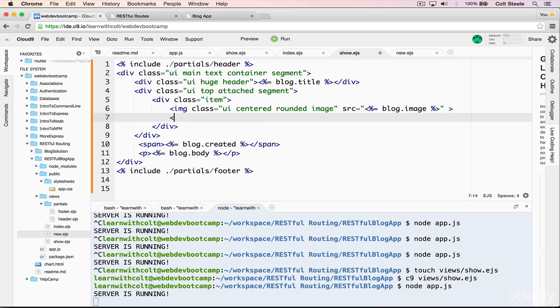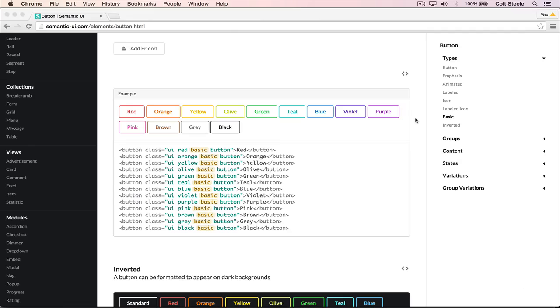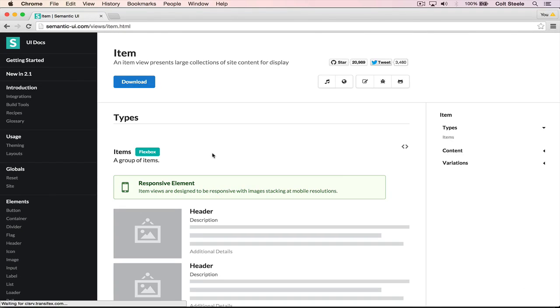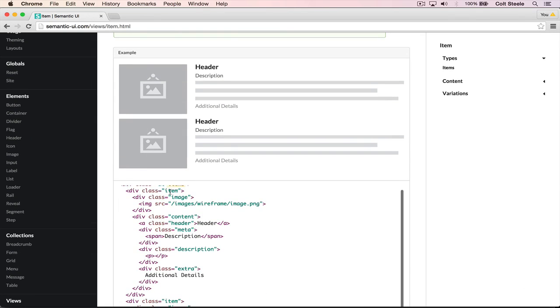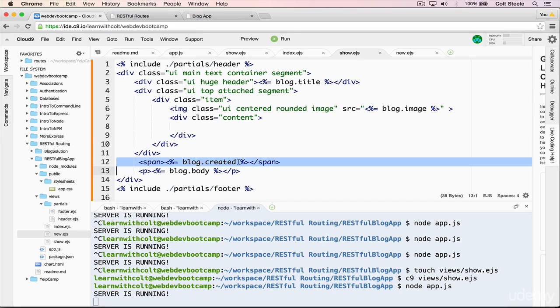And then we'll go in here and add another div. This one will be class equal to content. If you want to know where I'm getting this from, if you go onto item, views item on semantic UI, this is where I'm taking it from. So we have div item. Inside of an item, we can have an image and then content, which is exactly what I did. So we have an item with content inside. And that's not really the purpose. You're not going to be an expert on semantic UI after this. It's again just to show you another framework, but not to make you an expert in semantic. All right, so inside of that, we're then going to add in our span with the created at,